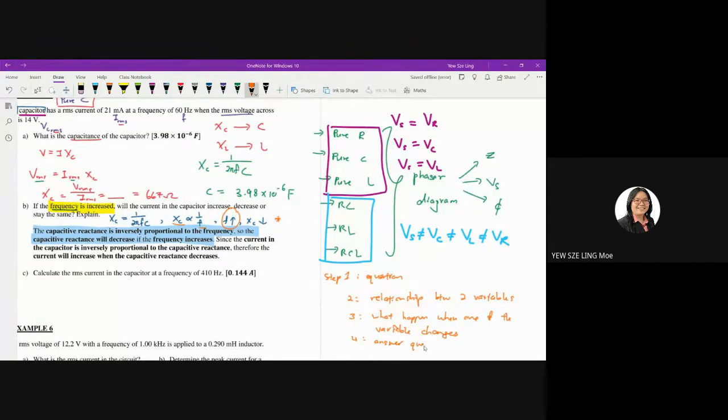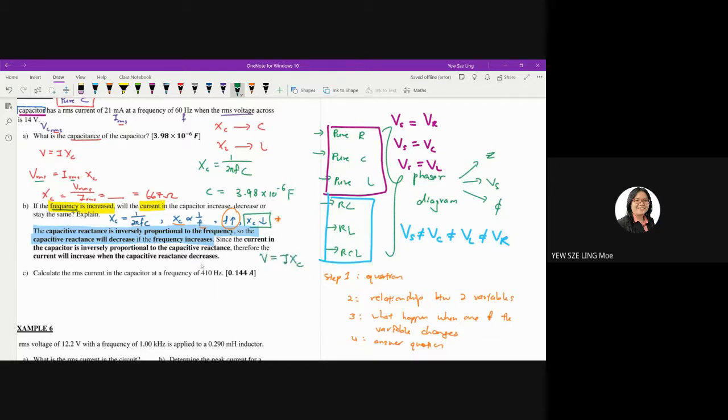So now can I answer the question by just looking at the capacitive reactance? Obviously cannot, because the question is asking for current. What happens to current when frequency increases? So basically, you try to look at another equation that we can use to explain what happens to the current if XC changes. Just now we looked at what happens when frequency changes: when frequency changes, XC changes. So now we want to see what happens when XC changes. What is the equation that can be used to show the relationship between XC and I? Now, obviously, it's